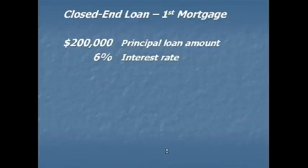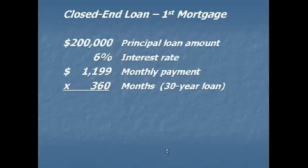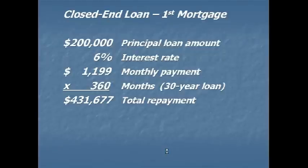Okay, the interest rate that we're using for this example is 6%. Okay, a $200,000 loan at a 6% interest rate is going to give you a monthly payment of $1,199. This is a 30-year loan, so we are going to pay that monthly payment for 360 months. When we get through paying $1,199 for 360 months, we will have repaid to our lender or our bank or our mortgage company or whatever you want to call it